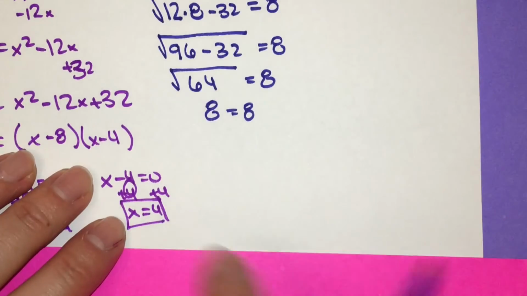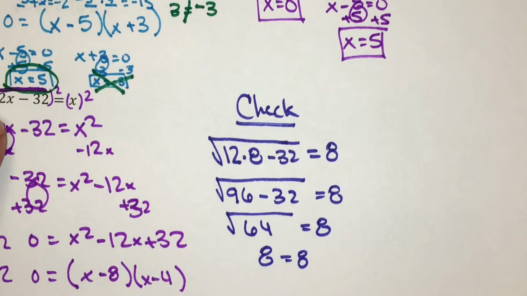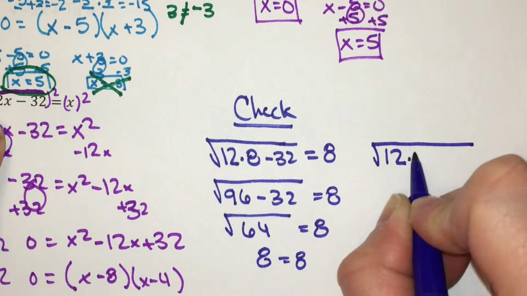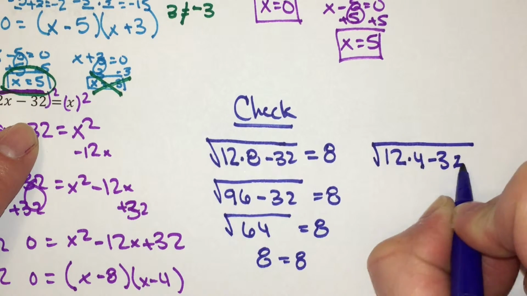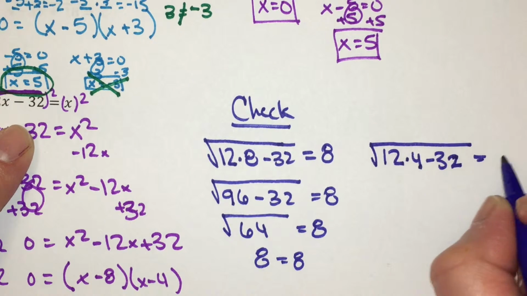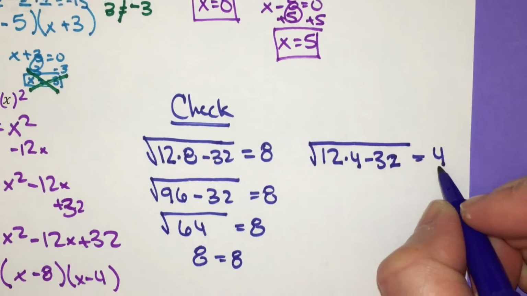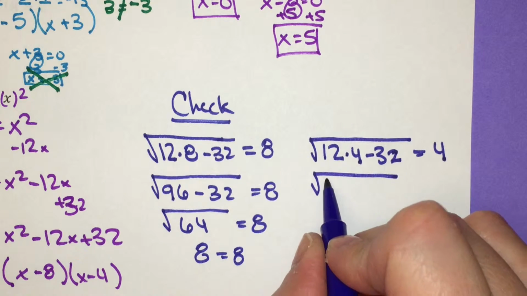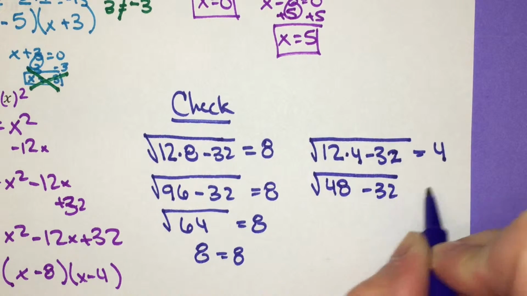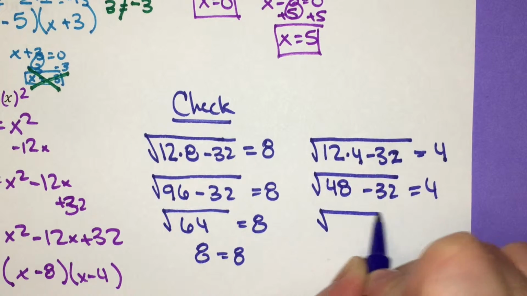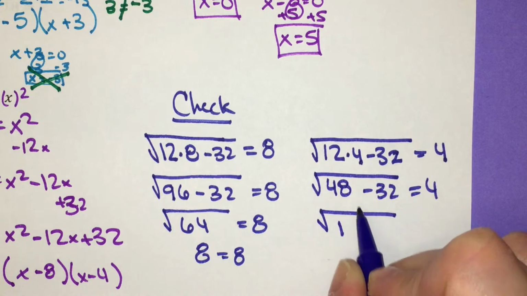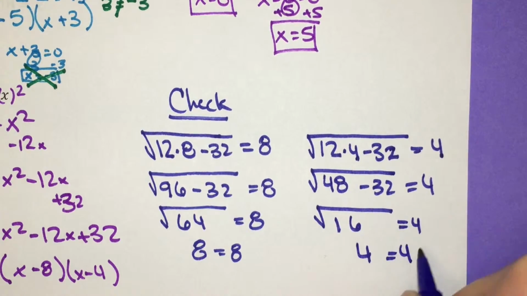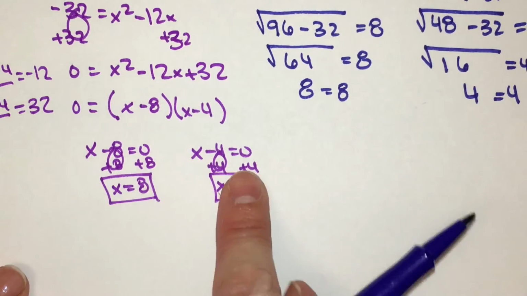Okay, now I'm going to plug in x equals 4 to the original problem. So we have the square root of 12 times 4 minus 32 is equal to 4. All right, 12 times 4 is 48, minus 32, see if that equals 4. Square root of 16 is equal to 4. Square root of 16 is 4, so the two sides are equal, so I know that both of these are